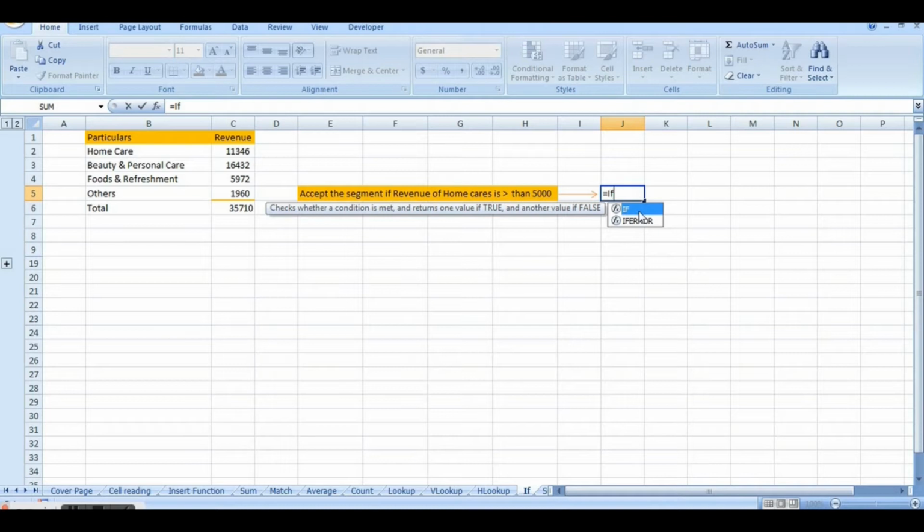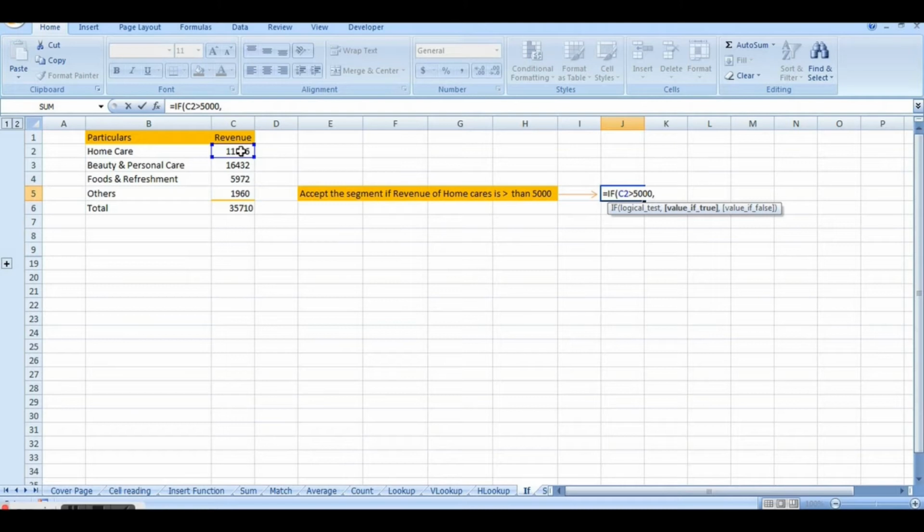IF. The logical test is the revenue of home care, which means we have to select the particular cell which appears in front of home care in the revenue column, is above 5,000.